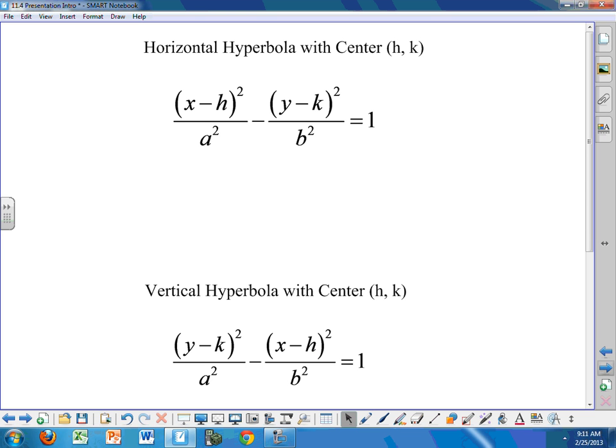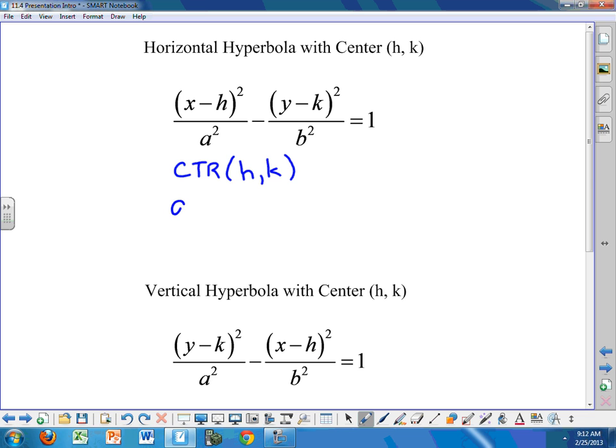The hyperbola has two general equations. I believe they're called standard form. These are called standard forms. And notice that h, k is very similar to what we saw in the ellipse. And the A squared and the B squared is the same as we saw in the ellipse. The difference here is that we have a subtraction in the middle instead of an addition. So just taking a look at this example a little more closely, we see that the center is at (h, k),